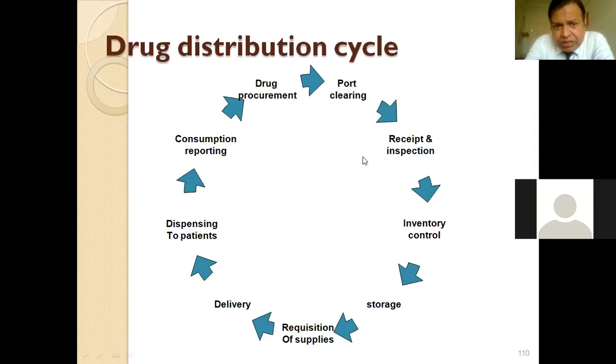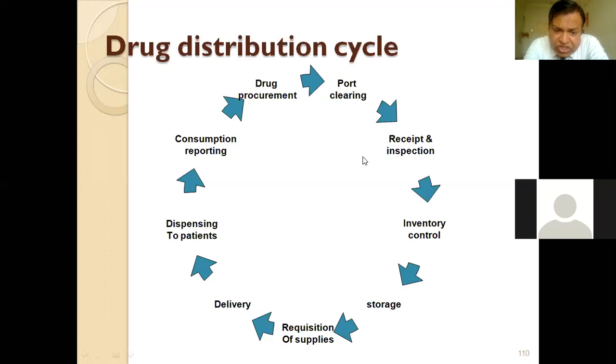Now, this is a chart. If you have pen and paper, please note down. This is a chart of the drug distribution cycle. Here you can see drug procurement from the supplier, port clearing, receipt and inspection, whether the supplied drugs are proper and of good quality or not. Inventory control, you store in a proper manner in a store. Then storage,